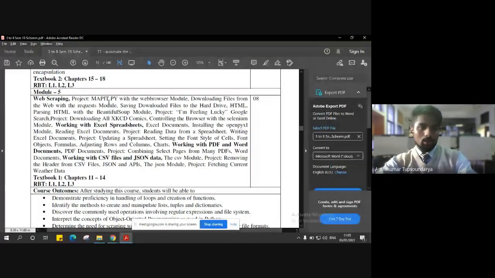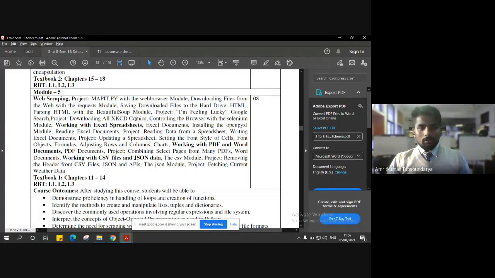In module 5, we'll be working with Excel spreadsheets, working with PDF and Word documents, and most importantly, working with CSV files and JSON data, which is very much required for your real-time projects. If you're trying to get into front-end development or maybe become a full-stack developer, then these are the things you have to focus upon.